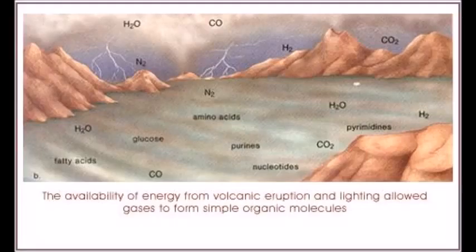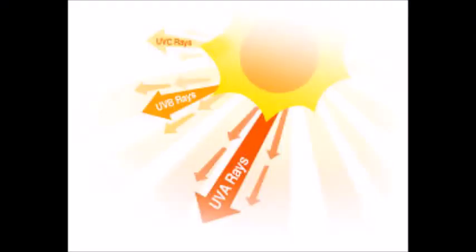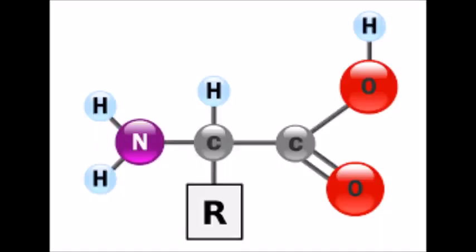Now, I'll let you read this photo of what they call a time capsule sea, where it appears to be very similar to primordial Earth, and UV rays and lightning give energy to the ocean, which in turn creates amino acids, fatty acids, glycerol, and monosaccharides,